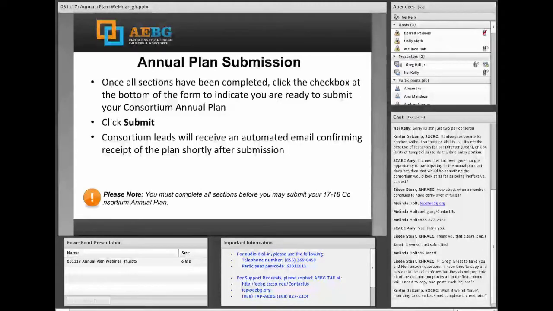So, just for context, the only activities that are going to be listed are those that were submitted in the initial submission of your last year's plan. So if you did make changes, we did not capture that digitally. That was done via that amendment process. And so, don't be alarmed if you're seeing things that you changed. It's okay. We can make those adjustments. What we would need you to do is just email us and indicate what it is that you need changed, and we'll be happy to do that for you.